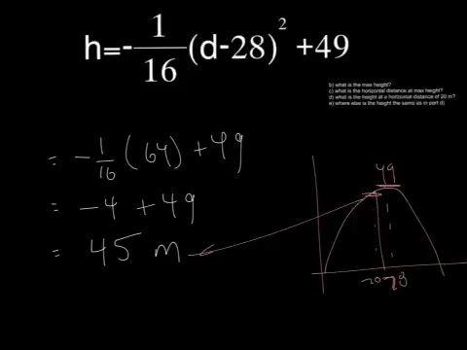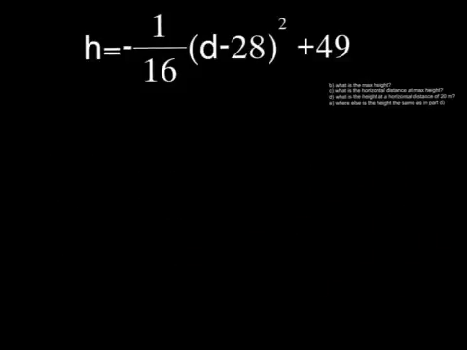Okay, so now the last question here, let's just jump over to the next slide. The last question says, where else is the height the same as in part D? In other words, where else is the height 45? There are really two ways to do this. One is to think about it from a symmetry standpoint. So if we went back to this graph here,